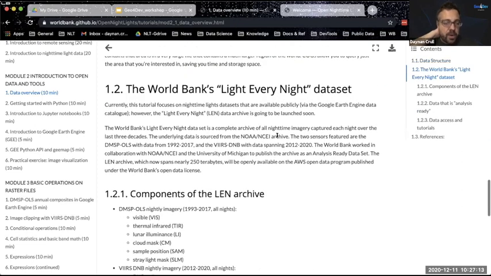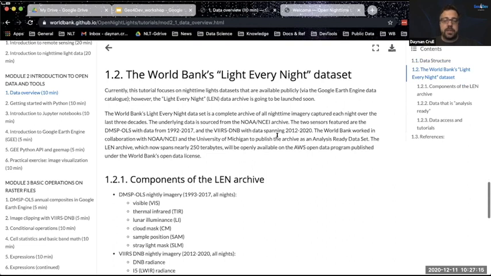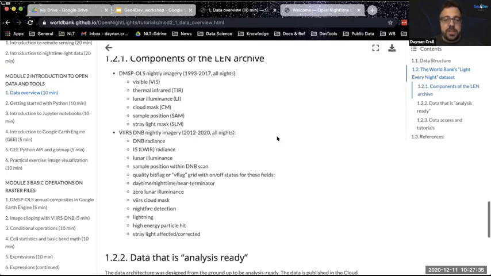Kim mentioned this, but I want to reiterate that we will soon launch, we meaning the consortium of University of Michigan, the World Bank, New Light Technologies, NOAA, and Kim's a critical part of that, as is Ron, and Trevor Monroe is on the call too from the World Bank, his team. We're going to be putting this data archive out. It's going to be available in AWS. It's going to have tons of information. Here are some of the components that are going to be available there. There's a lot more that you can do with this data.